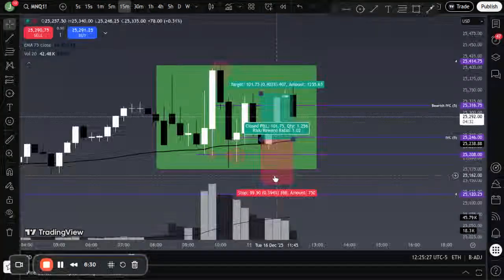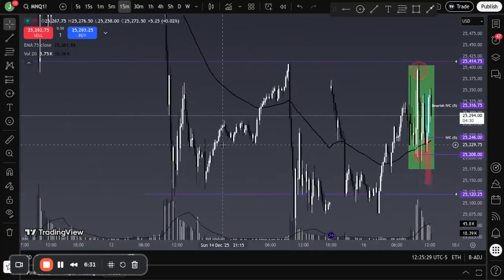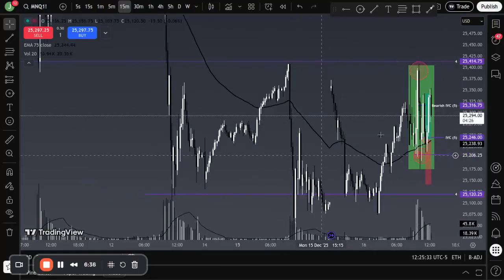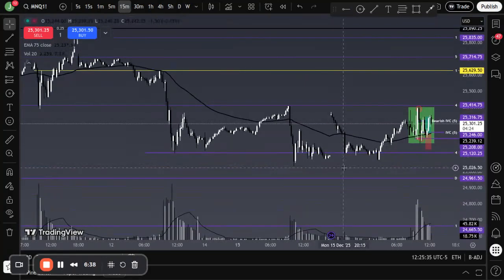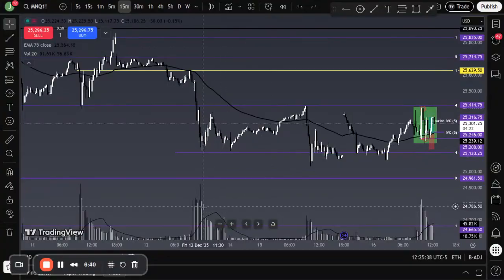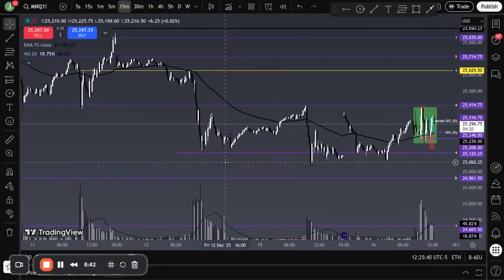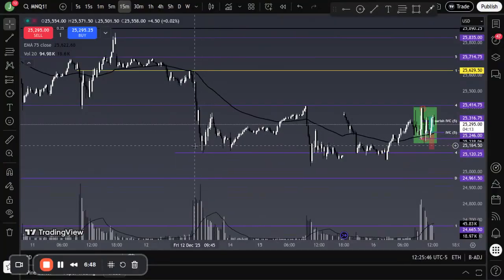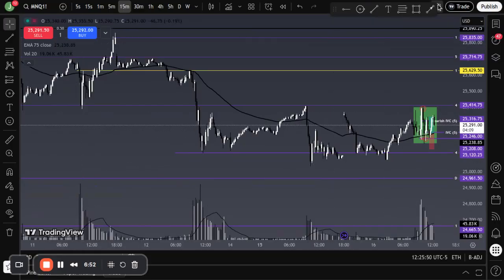right? But you also have to consider previous price action. So we're inside of an even bigger range, right? And we have bearish PVCs, right? We're on top of this bearish PVC here, so it's kind of acting like a support level. But overall, we've got bearish price action. Then you see we got a big bearish PVC right here,